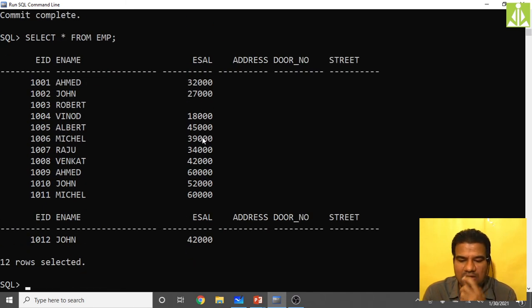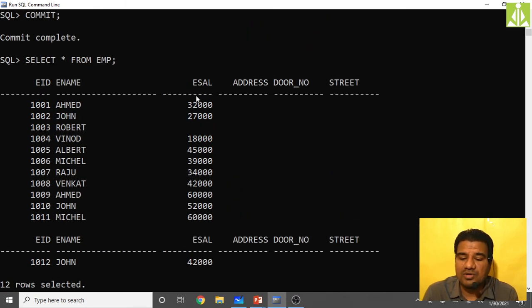See here, we got these many entries where my salary is repeated. This 42,000 got repeated and 60,000 has also got repeated. So now if I want to add all the salary details distinctly, I just want to remove the repeated salaries. If 60,000 got repeated twice, simply remove one 60,000. If 42,000 got repeated, simply remove one 42,000, like that.